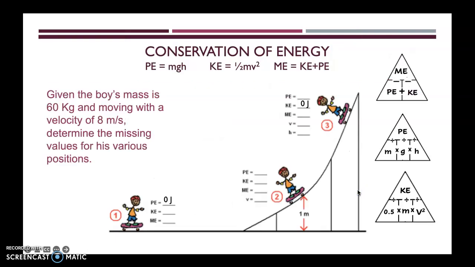All right, we have one more example here, and then we are done. Given the boy's mass is 60 kilograms and he's moving with a velocity of 8 meters per second, we're going to find all of the missing values here. So right off the